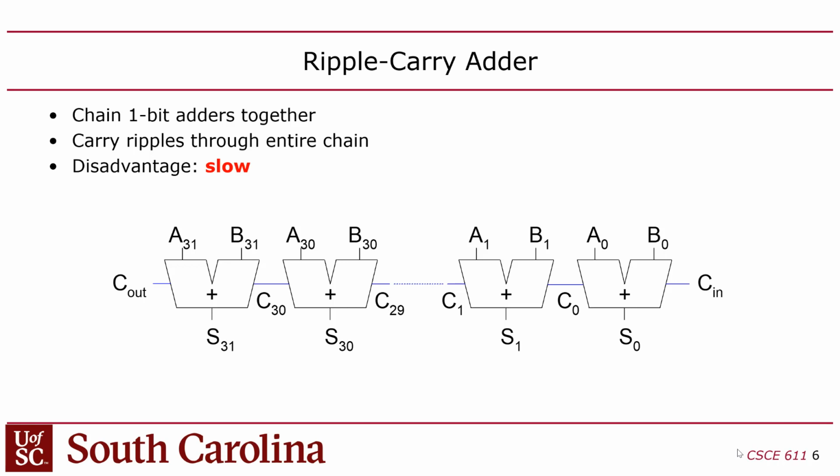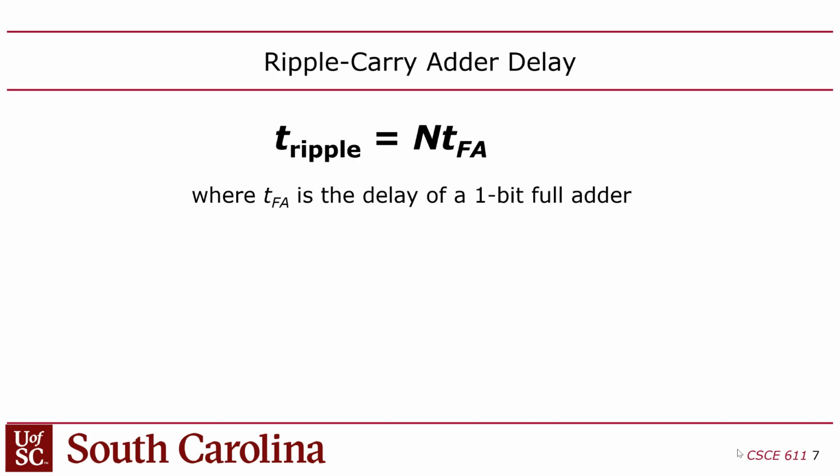So the ripple carry adder is kind of a 1-to-1 match to the grade school addition you do, where you arrange the digits into columns and you add with carries, right? This is the ripple carry adder, it kind of matches that. It's just the hardware form of that, right? The problem with the ripple carry adder is it's slow because its propagation delay